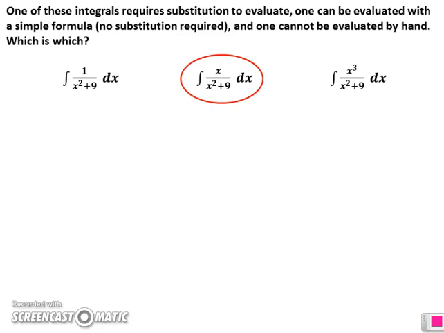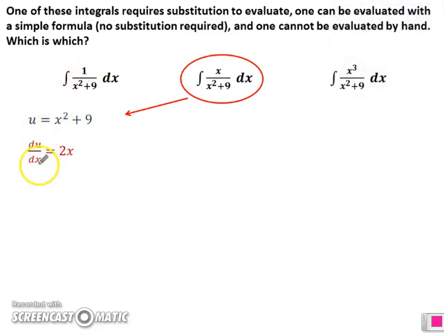So this one, quotient, it doesn't fall into our pattern of inverse trig this time. So let's try substitution and see what happens. When you use substitution, a lot of times it's guess and check at the beginning, especially when you're first learning. You pick something to equal u, and then you take the derivative of it. A lot of times the u is going to be the innermost piece of a function, like an exponent or inside of a radical, the denominator. So let's do the denominator in this case. We say u is equal to x squared plus 9. So the next step is to take the derivative of u with respect to x,